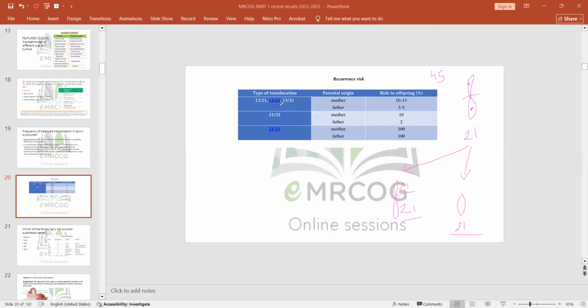When the translocation is in the other famous sites like chromosome 13, 14, 15, the most famous one, 14, okay, they are going to have recurrence risk between 3 to 15, according to whether the mother or the father, which one of those, is having the balanced translocation. So I'm going to get you the other one. I hope it's here.